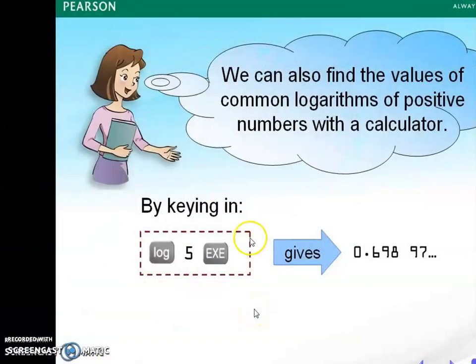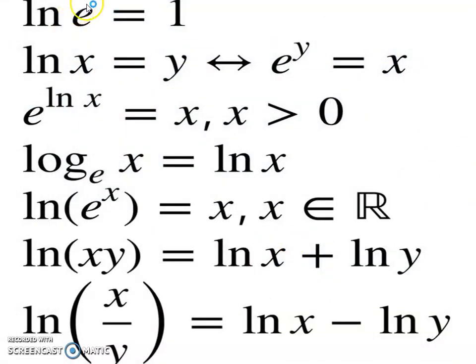In the last lecture we saw how to find log 5, which gives the answer 0.69897. The calculator 82fx MS is very useful in our diploma maths, and in chemistry and physics you also need the log function. So always remember that log is used when the base is 10, and the ln symbol is used when the base is e. Now let us move to our main topic.